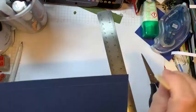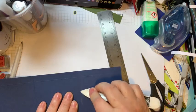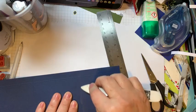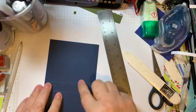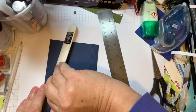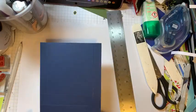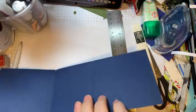I'm going to press that down a little bit, see if I can get rid of that line, because it will be seen and I don't want it to be there. So if you do that, you can possibly go over this and see if you can just get that out a little bit. Anyway, so we'll be scoring on these